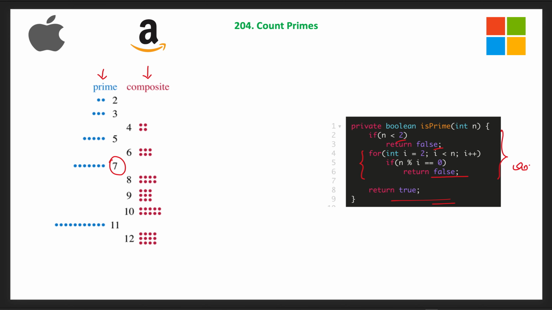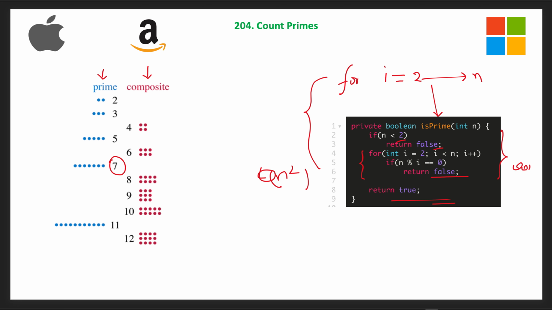Now this is the method we will use, and we run another for loop with i from 2 to n, calling this method one by one and checking whichever i is prime. If it is prime, we increment the count, otherwise we keep going, and in the end we return the count. So this solution will become O of n square.